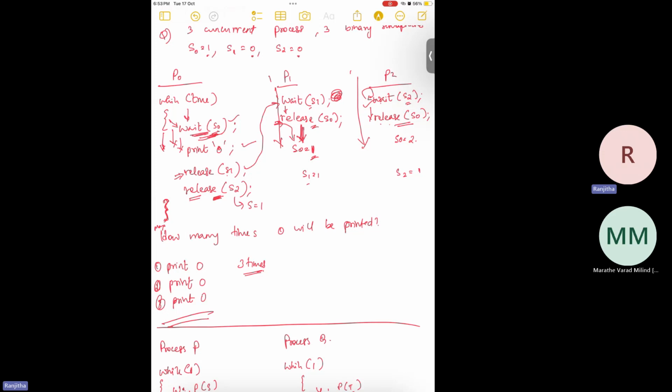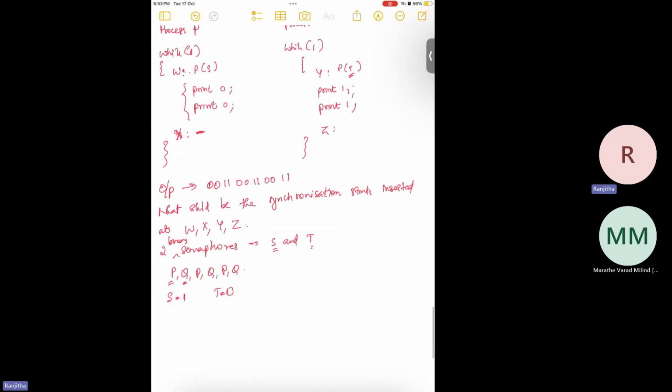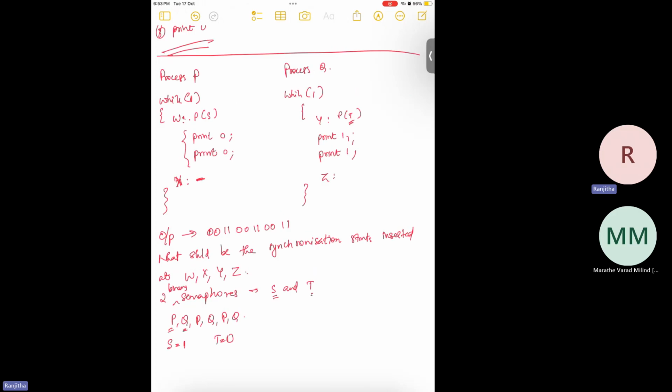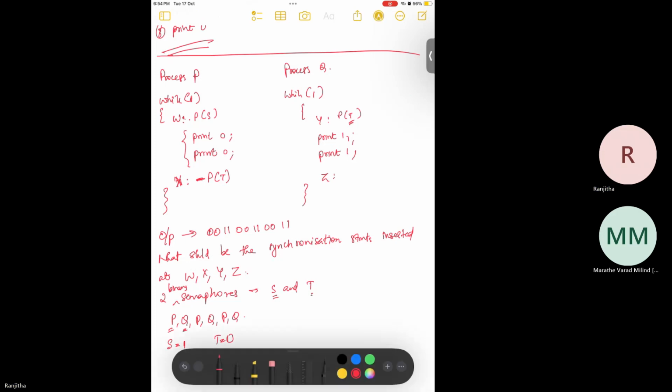this guy entered, he's waiting here. Now when it is released, this guy is able to enter similar way. So p entered, q is waiting because t we initialized it to 0. Now after that, now if we call p of t here, okay, now if we call, sorry, not p of t, v of t. Now if we call v of t is nothing but increment or signal. Now if we call v of t here,